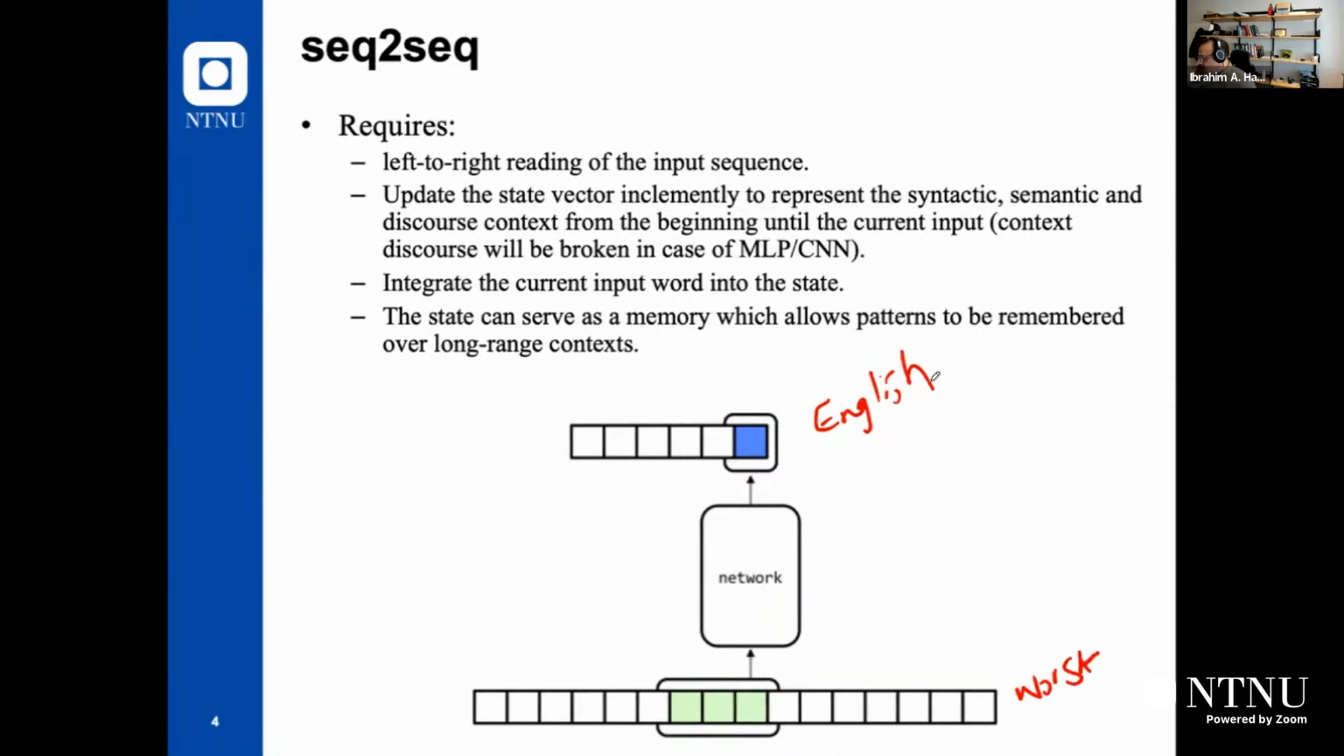So it's left to right reading of the input sequence. We need to read the input sequence from left to right. So for example, if the input size is 3, I will start with the first 3, and after that I will go to the next 3, and so on. And in fact, even when we are working with